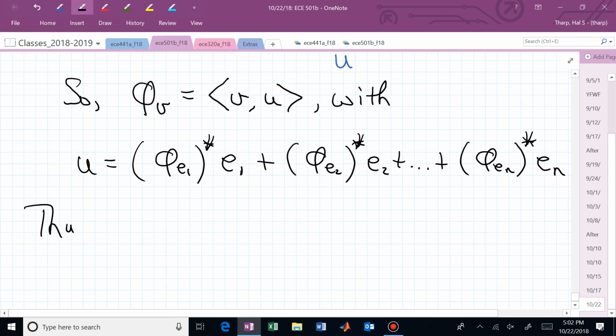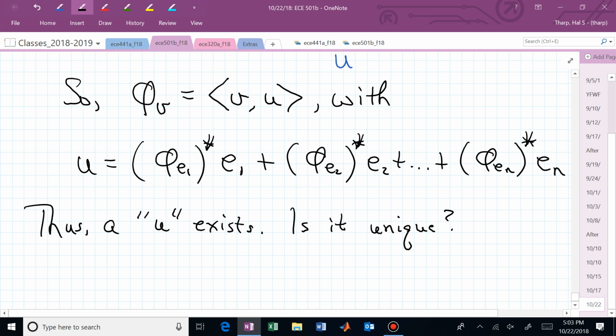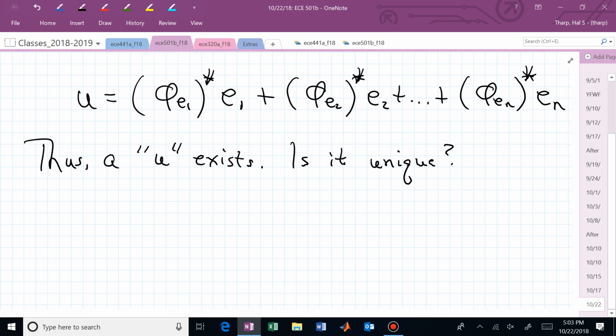I hope that this has convinced you that a U exists. Now what we have to do is ask, is it unique? We have its existence, now is it unique? So thus a U exists. Is it unique? And the nice thing is we now have the inner product, and that allows us to fairly quickly determine